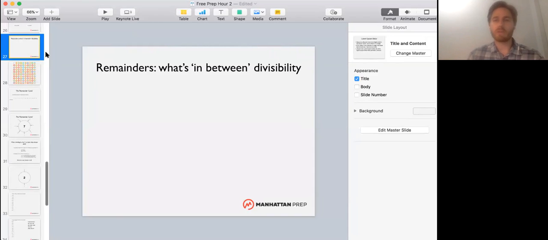Remainders are those things that are left over when you divide. The reason we are not so comfortable with remainders is because we haven't dealt with them since like 5th grade. We first learned division, then we learned about remainders, and then we learned about fractions, and we haven't thought about remainders since because we stopped using them. We just used fractions and decimals instead. Remainders went by the wayside. But the GMAT brings them back, and it brings them back